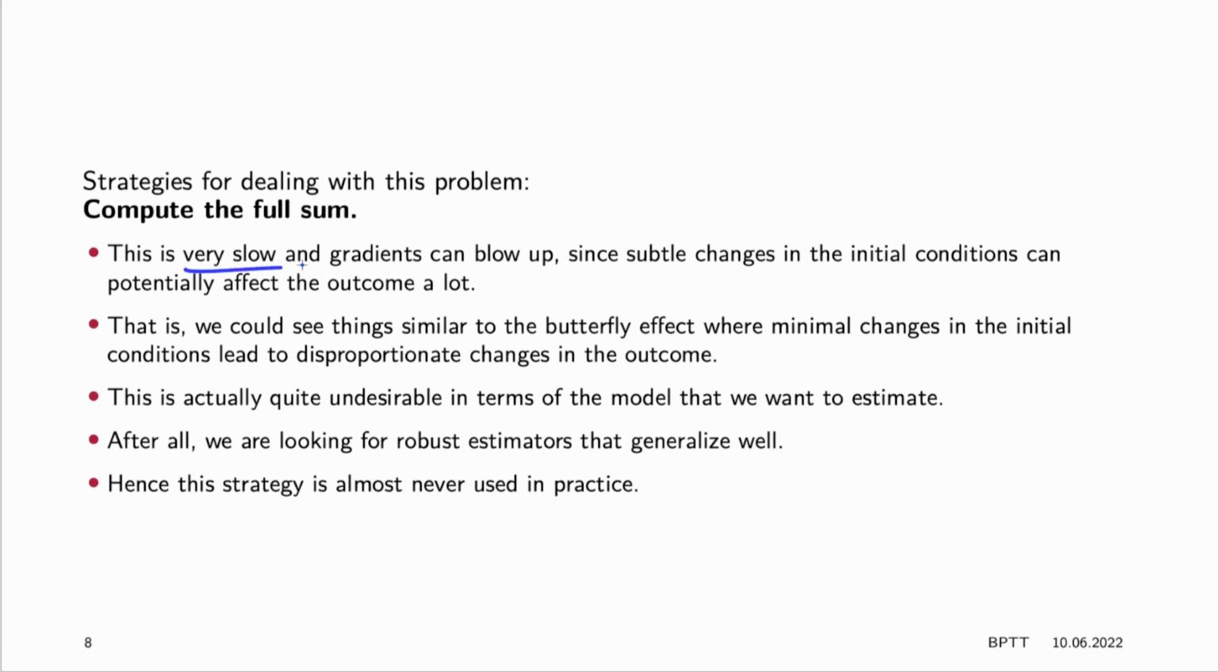Well, the first thing that we can do is just naively compute it. So we compute the full sum. Now the problem is that this is very slow and the gradients can blow up, since already small changes in the initial conditions can have a potentially large effect on the outcome. So changes in h_0, our initial state, can affect h_t for a larger t a lot. So this is somewhat similar to a butterfly effect, where small changes in the initial conditions can have disproportionate changes